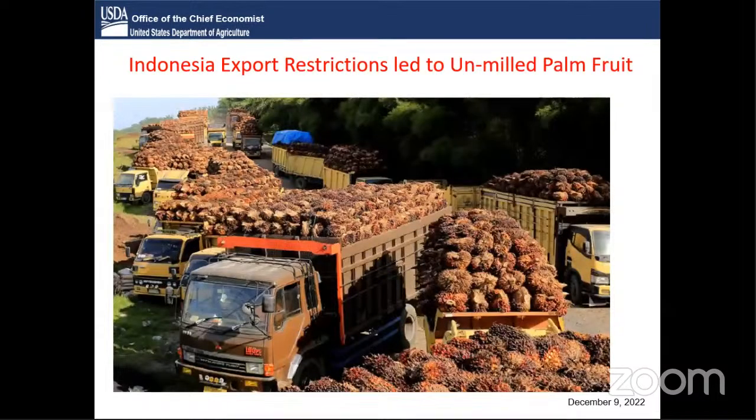I'm going to take a small diversion since we're talking about soybean oil and give you a little bit of a perspective on Indonesian palm oil. In your awareness, the export restrictions they imposed back in April, in a way, are a textbook example of unintended consequences. Basically, what happened here, as you know, the export restrictions lasted only 3 weeks. And basically, the problem is that once they cut off part of their main market, that